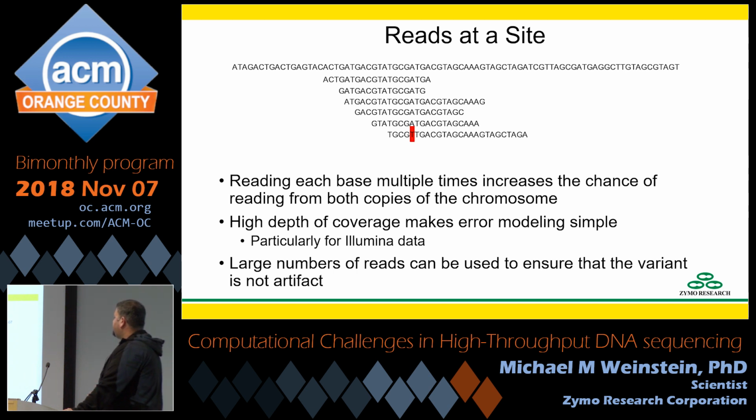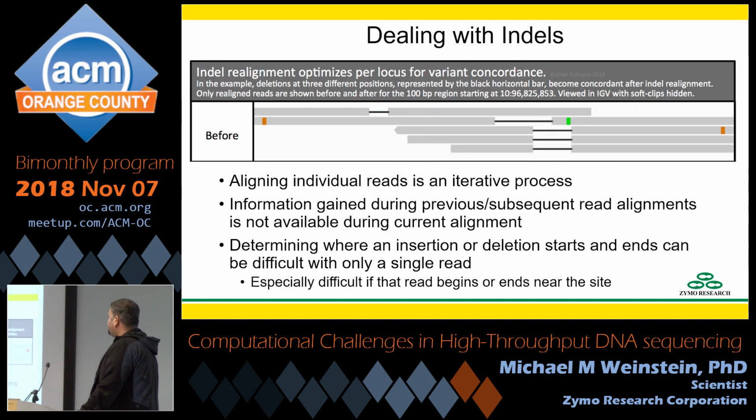So let's say, for example, here I have a read of a T where there should be an A. Is that a sequencer error? Quite possibly. Now let's say that at this site, half my reads are T when they should be A. Is this a sequencer error? No. This actually matches perfectly with the idea that this person got one copy with an A there, one copy with a T there. Is it clinically significant? I don't have enough context to know.